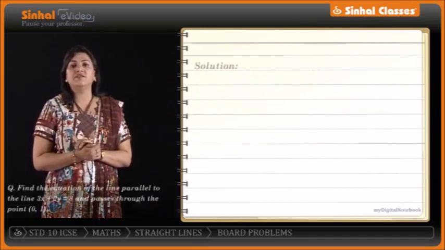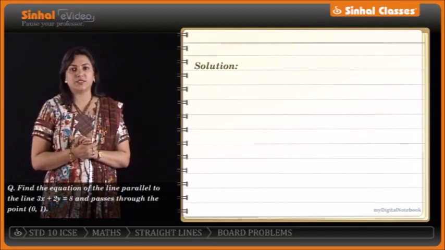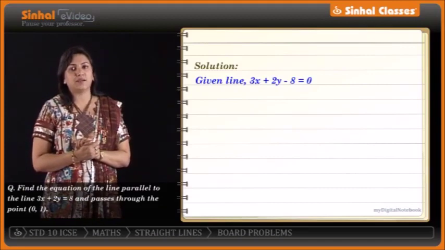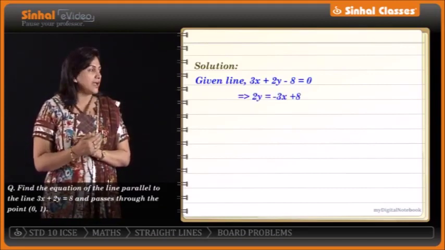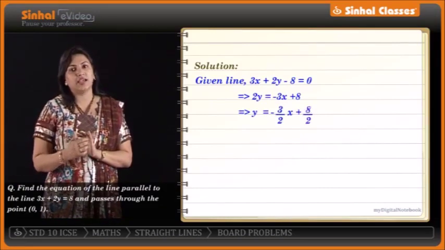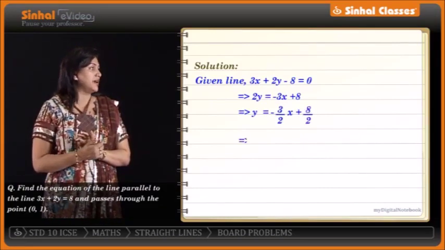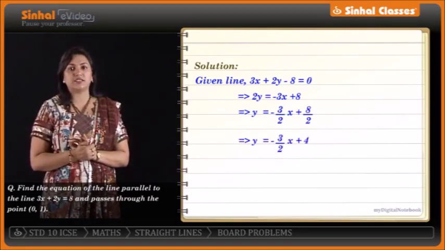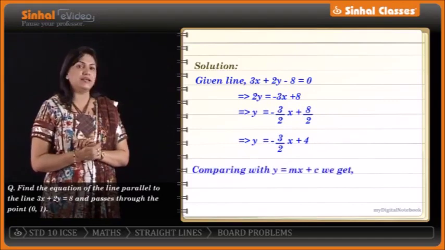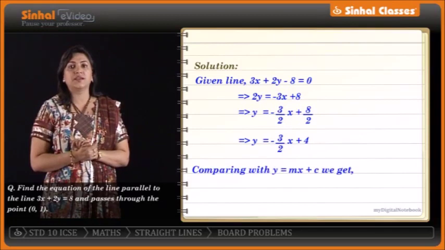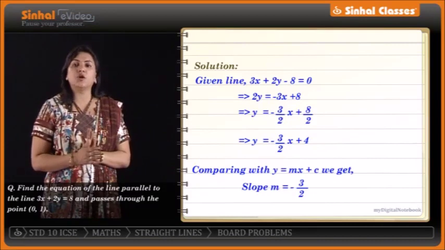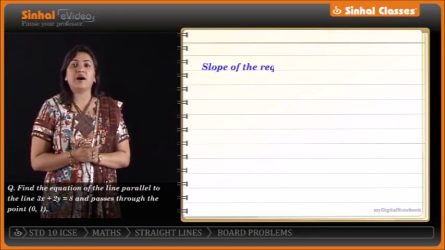To do that, we will write it in the form y is equal to mx plus c. We have 2y is equal to minus 3x plus 8, that is y equals minus 3 by 2 x plus 8 by 2, which gives us minus 3 by 2 x plus 4. Now we compare this with y is equal to mx plus c, we get the slope is minus 3 by 2. Now we are asked to find the equation of a line parallel to this line. So the slope of the required line will also be minus 3 by 2,